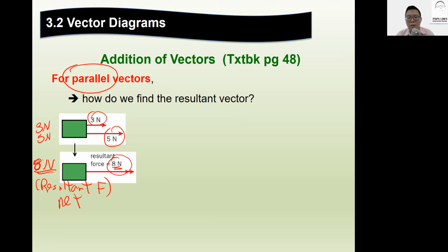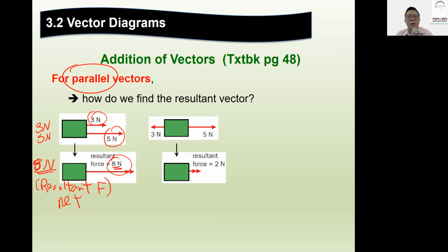Now, the same thing applies if I have 3 Newton and 5 Newton pulling in different directions. I can also have a resultant of these two actions. Resultant means I can have a force that mimics the same effect as these two forces, 3 and 5. And I will have the same result if I have a resultant force of 2 Newton pulling on the object in the direction shown. So what 2 Newton can achieve is what 3 Newton and 5 Newton can achieve